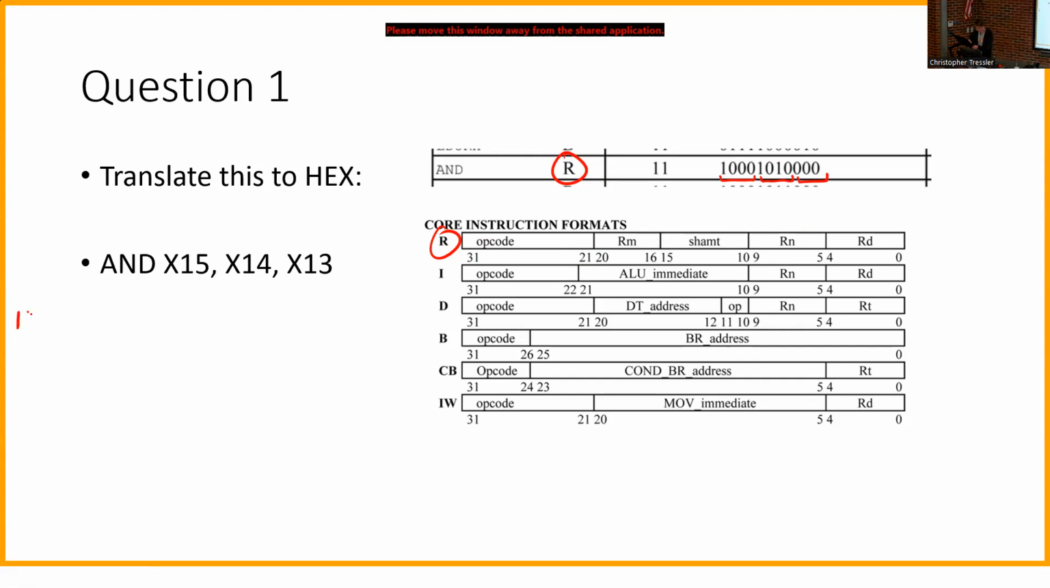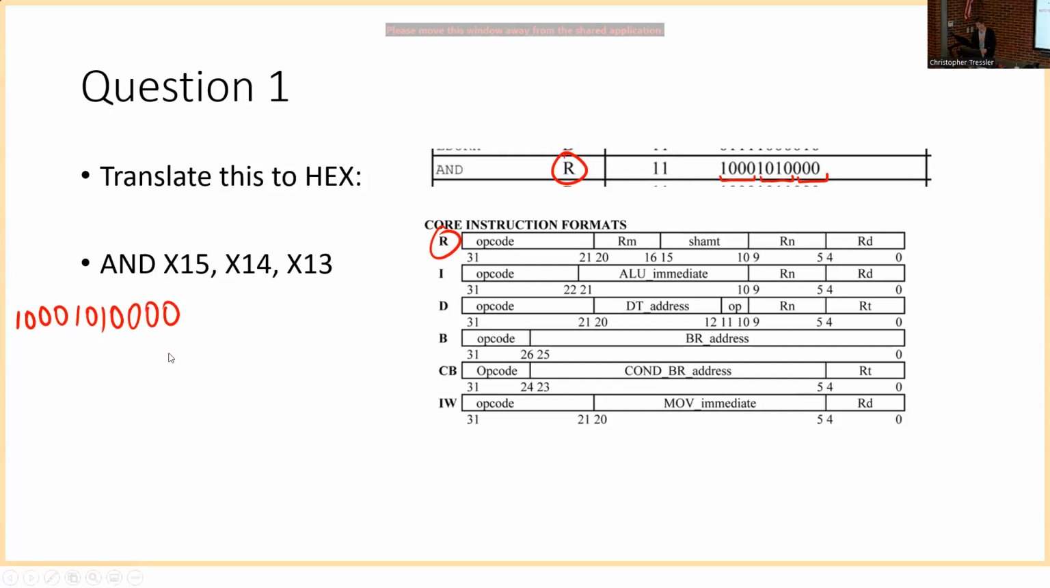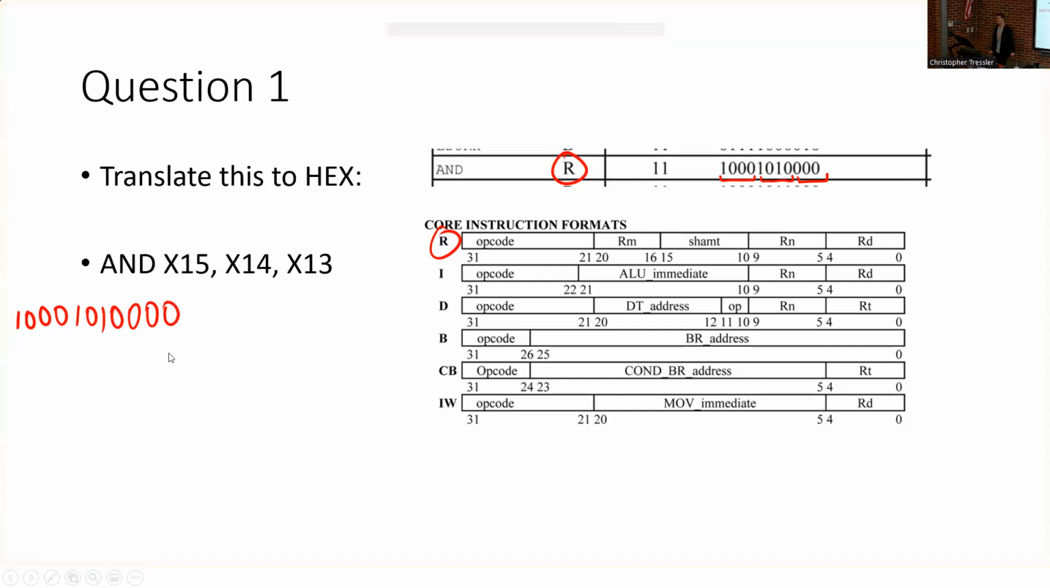Remember, the opcode is going to be our first 11 bits, and that is going to be 1, 0, 0, 0, 1, 0, 1, 0, 0, 0, 0. Okay, and after that we're going to have